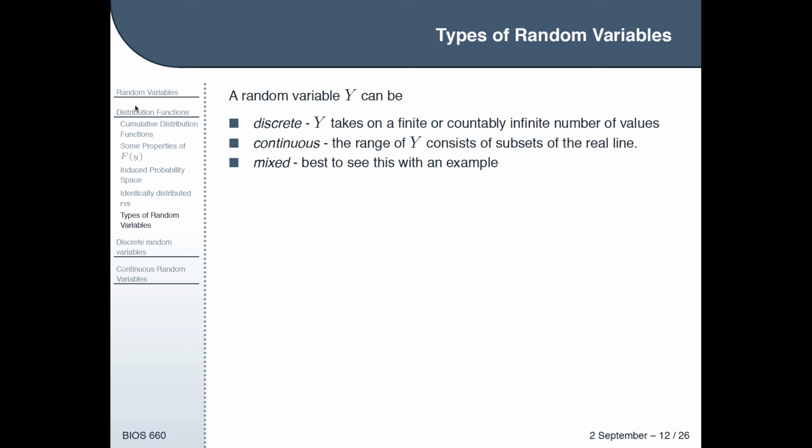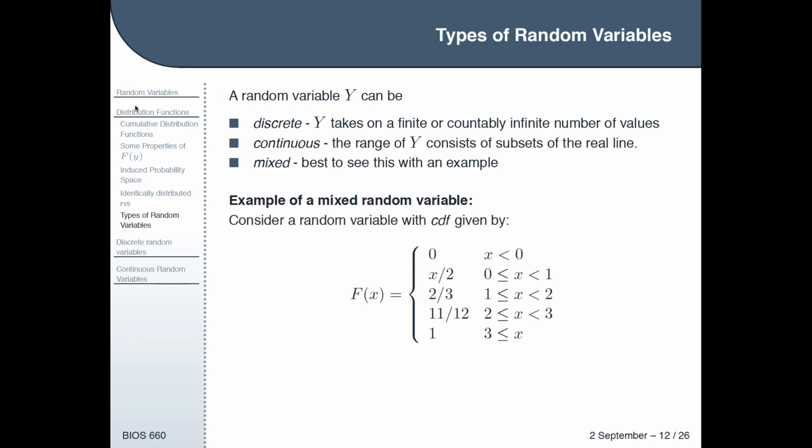But in any event, with that introduction, discrete means that the random variable takes on only a finite number of values, or at most a countably infinite number of values, while continuous means that the range of Y covers at least some subsets of the real line or some intervals. And you can also have mixed random variables, which would be that